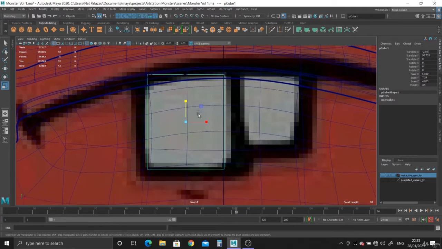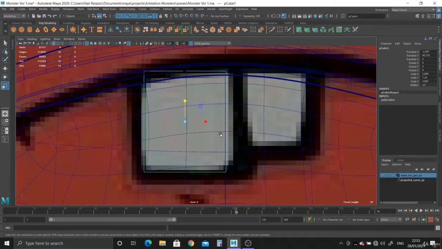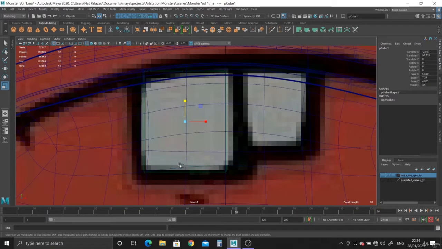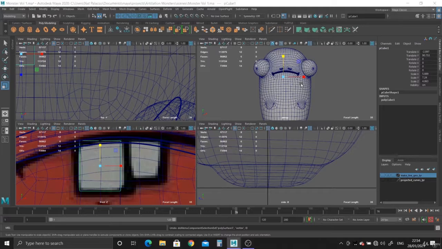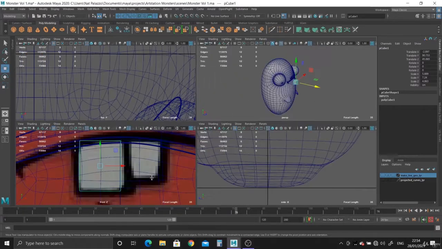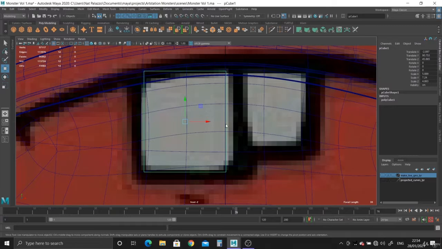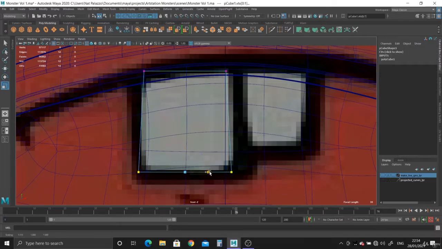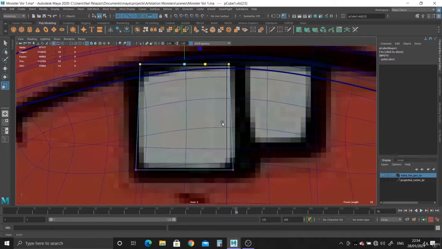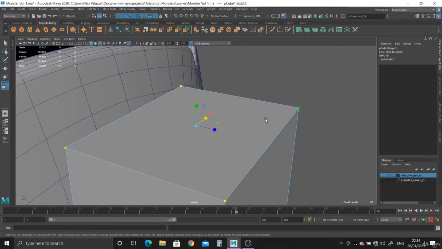Let's see what we can do with it. And we don't have to make it completely straight. We can actually, you know, oops, I didn't want to grab the mesh. So what we can do is let's just bring it forward for now. There we go. So we can actually see it better, and maybe we can just widen this out a little bit so it's not perfectly straight. There we go. And maybe just make this a little bit wider as well. Something like that. Let's zoom in on it,